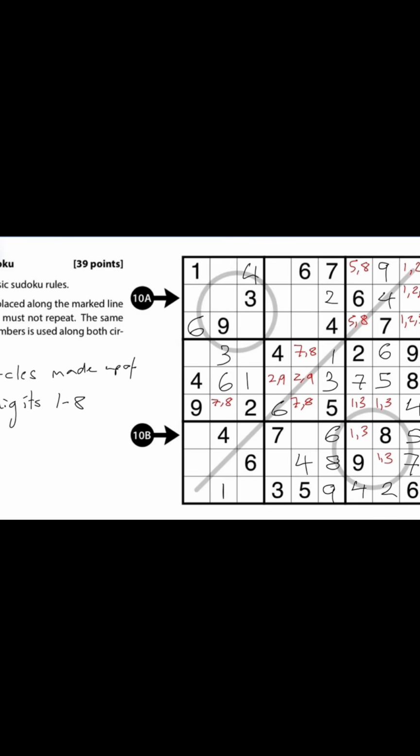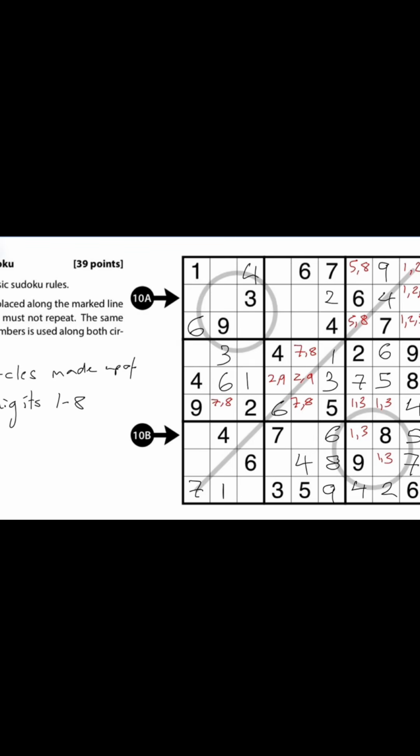Okay, I'm trying to see if there's anything else we can do. Well, we immediately know, if we think about where the 7 could go along the diagonal, we know that obviously none of these cells here contain a 7 because we've already ruled that out for those individual cells. Like this is a 2 or a 9, this is a 5 or 8, this is a 1, 2, or 3. This cell here obviously also can't be a 7, and this cell here can't be a 7 because there's a 7 in those rows, which implies that this cell here is a 7,